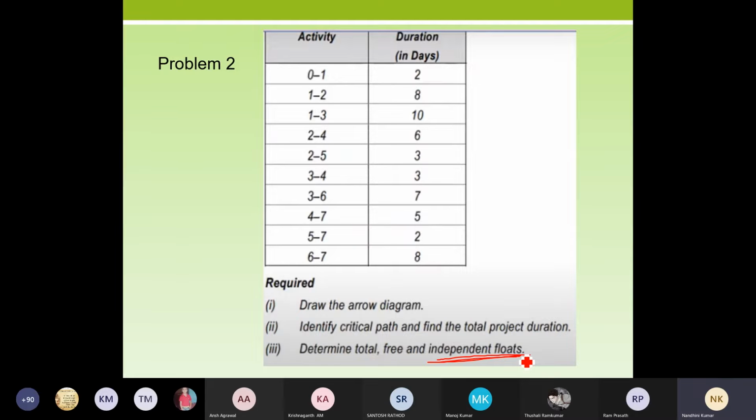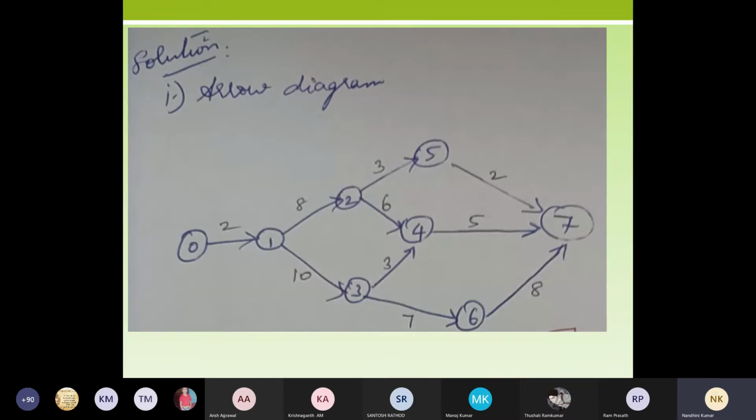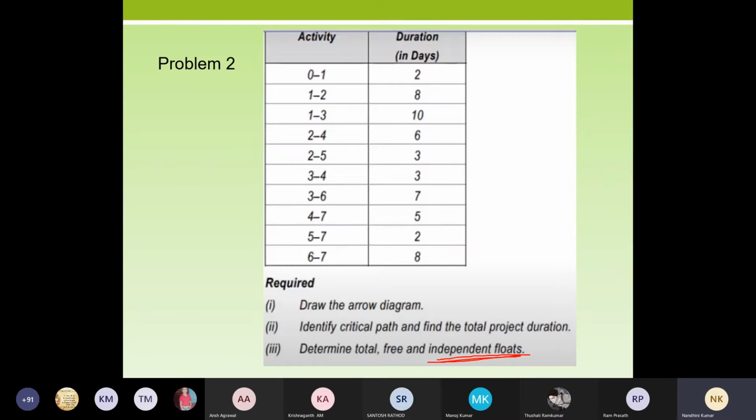I think we have created our network diagram, right? Yes. Okay, so you can all take your notes and get ready for solving this problem. You're going to tell me the answer for this. If you're done with the network diagram, it is okay. If you haven't drawn the diagram, take a minute and draw it now, and we'll proceed later. If you want me to draw this diagram again for you, I can.